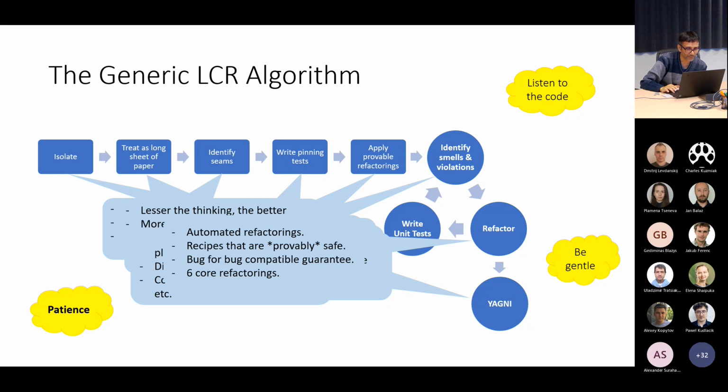So seams are points where behavior can be changed without changing the code, which is mainly calls out to external APIs, or wherever you're reaching out to the external world. An example I gave: for a file of HTML code, a seam is an inline JavaScript handler, because you can change that without changing the rest of the code. For C#, it's a call out to an external library, or for C++, it's a call out to, say, a Windows Win32 API.